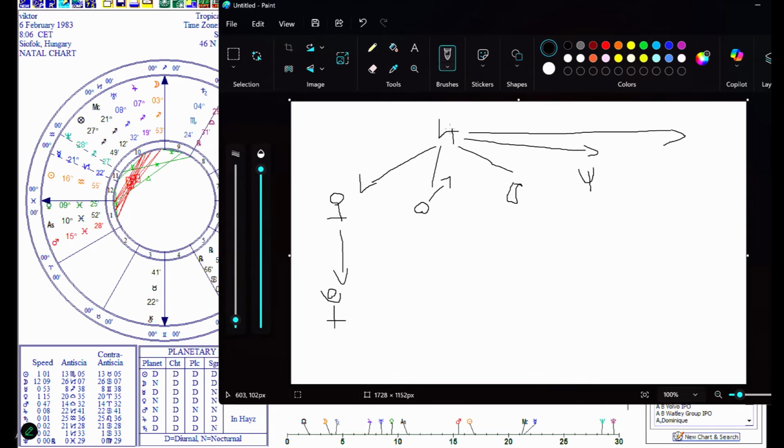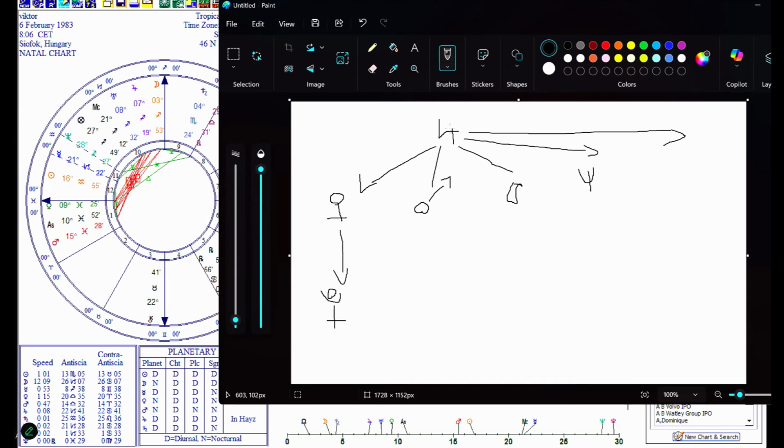So when the final dispositor of your chart and the ascendant ruler are in a tough aspect, your personal identity is in direct conflict with your own ultimate motivation. You can think of a final dispositor as a planet that represents your soul mission, basically. This isn't simply a bad habit. It's more of a core existential battle. It's as if the driver of the car, which is you, is actively fighting the engine's design or the GPS. Obviously, the GPS is trying to tell you where to go, and then you're fighting against it.